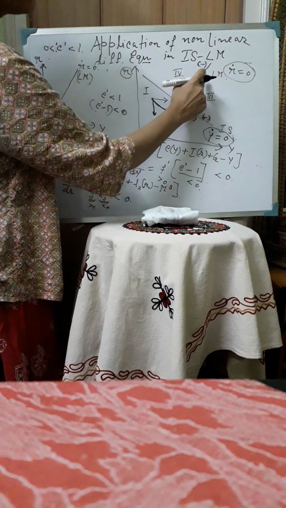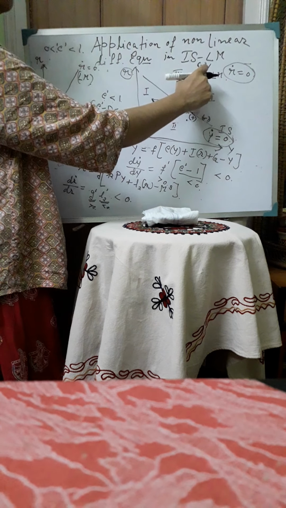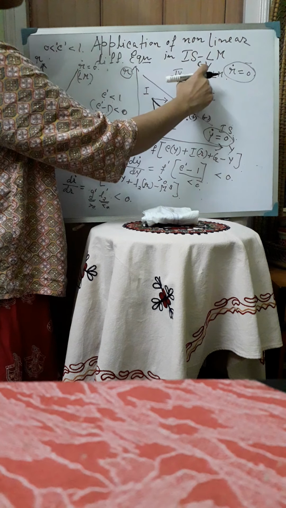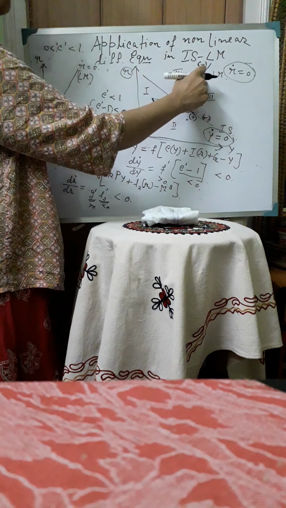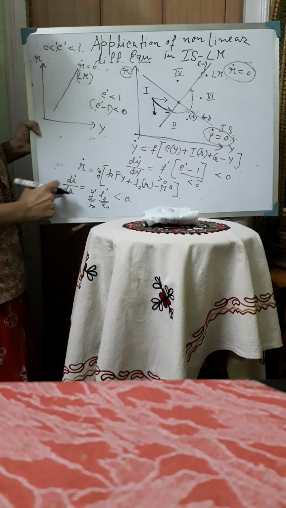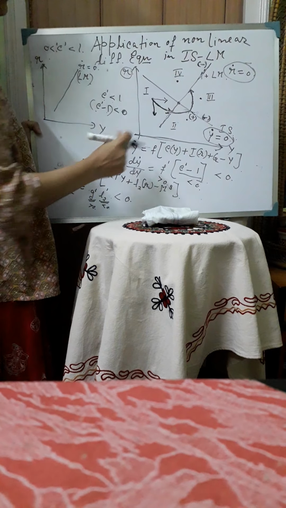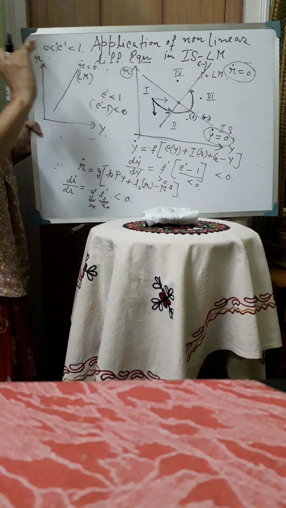Now at this point, the value of R dot is positive. Now to restore the equilibrium in the money market, the value of R dot should fall from positive value to 0 value. So that means R dot should fall. So for that, R should rise, because we know that dr is less than 0. So then the time path or the streamline moves this way. Now when the streamline hits the LM curve here at this point, then again there will be equilibrium in the money market. So there will be no change in the rate of interest.